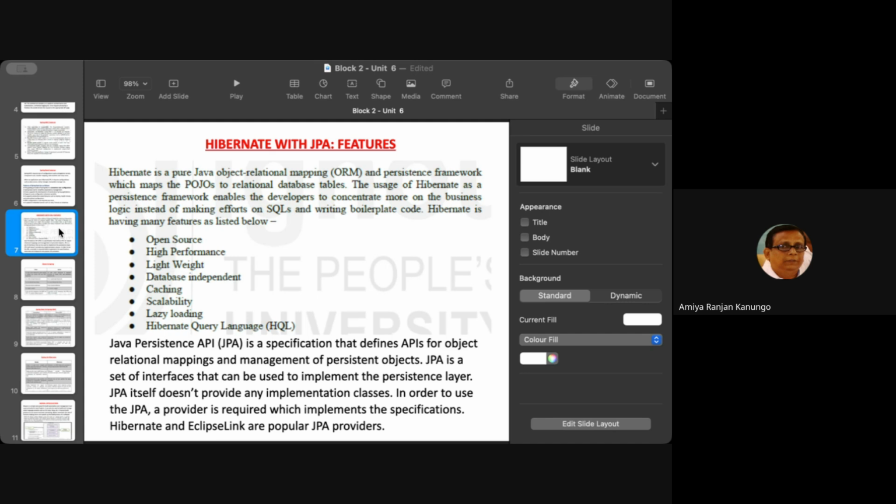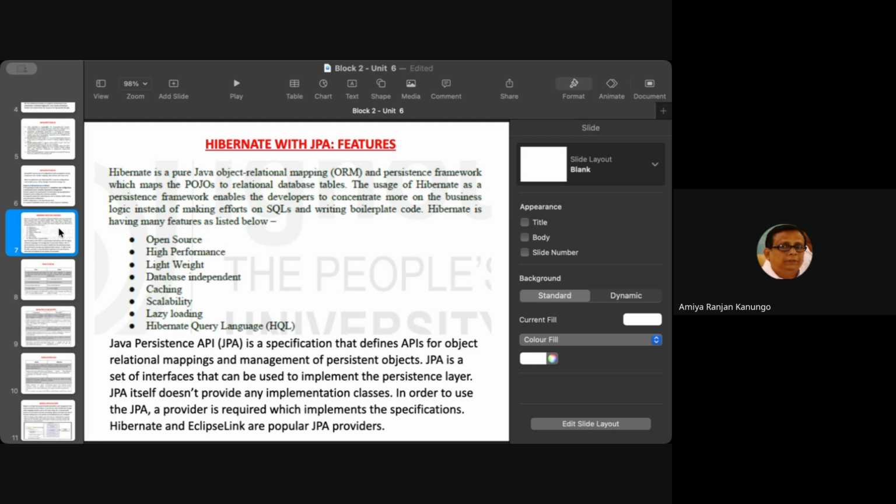Hibernate is a persistence framework. That means when mapping takes place between objects at one side and relational data at the other side, they are represented through objects. In the application, all data are represented through objects. To ensure persistency,